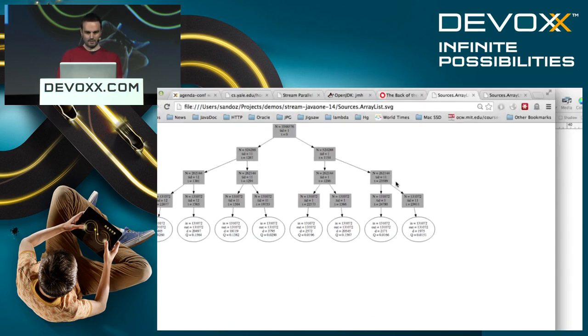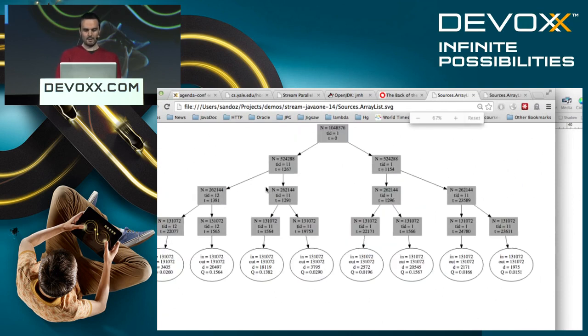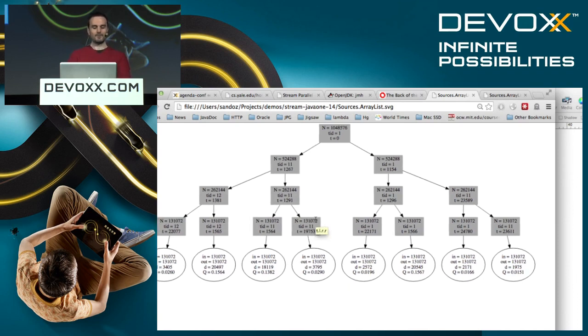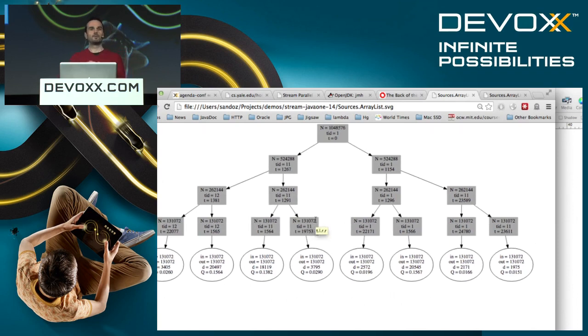Let's have a look more closely at the array list. With array list, we know our size all the way down to the bottom of splitting. That's an important characteristic. If we know our size, we can optimize much better than if we don't. At the bottom, these round circles represent the traversal state of performing a reduction operation. We see a number of elements in, a number out, and the duration it took, which is not a realistic measure of performance here because we haven't run it a number of times or waited for HotSpot to kick in, so take that with a pinch of salt.